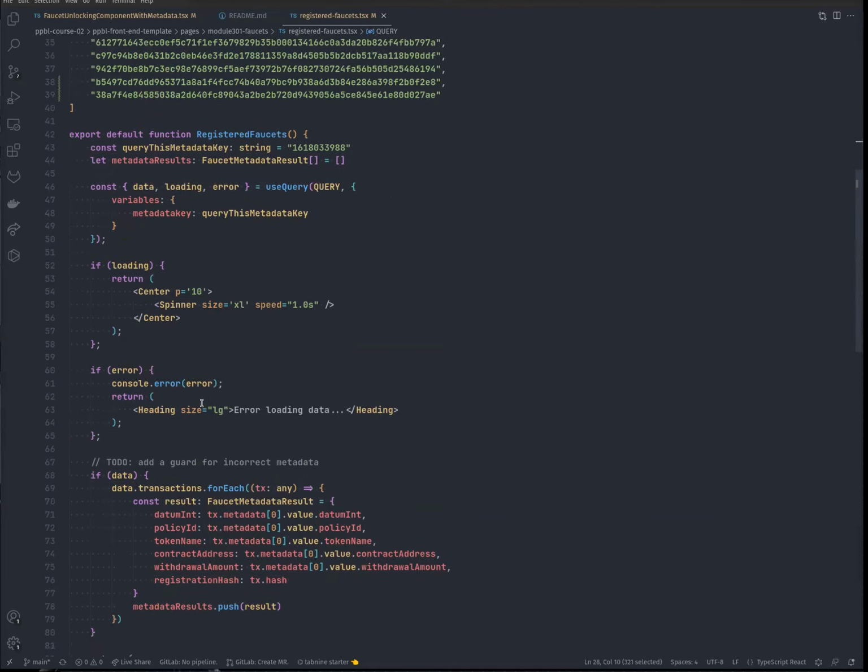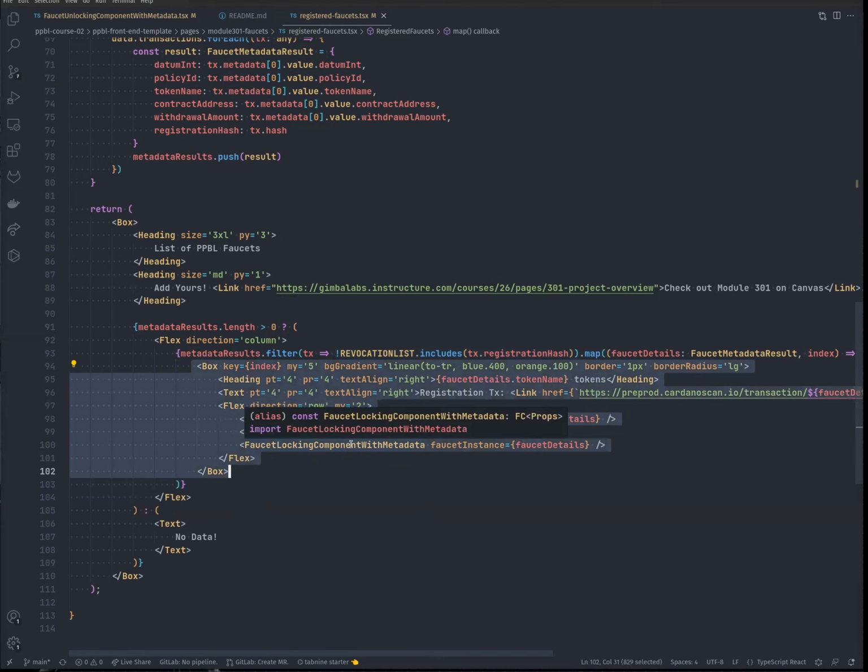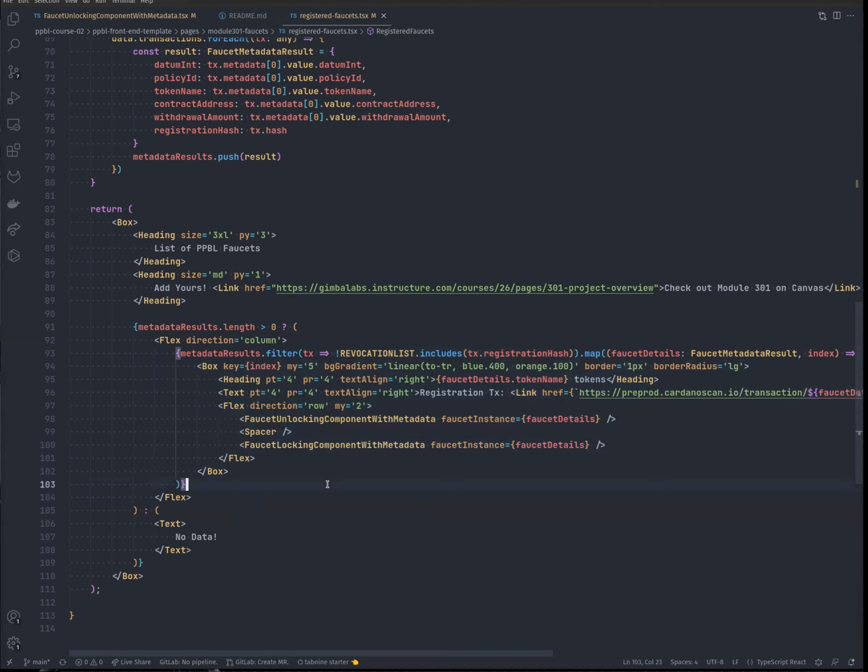And so down here, when we actually render the page, the first thing we do is take the results of the query and filter out the ones that are in this list. We say, okay, only keep the TXs where the registration hash is not in the revocation list. Everything else is good to go, map over those and render them on a page with an unlocking and a locking component. So I just wanted to touch on this because today we're going to talk about contribution tokens, which